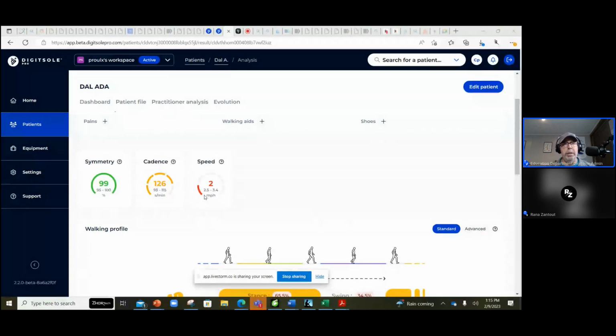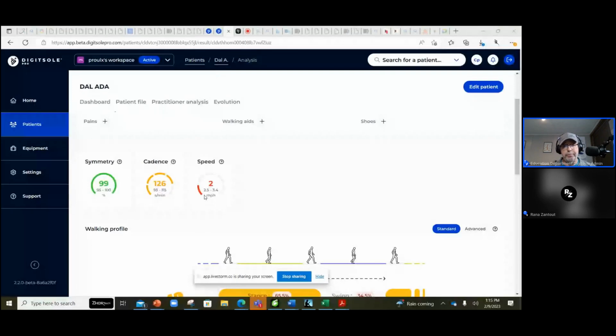That's why it's important that when you're putting in your information, you put in the appropriate demographics of the patient, right? Because this patient is 60 years old and has a certain height, weight, and shoe size, and all of those factors are characterized within the algorithms that provide some of the outputs in the